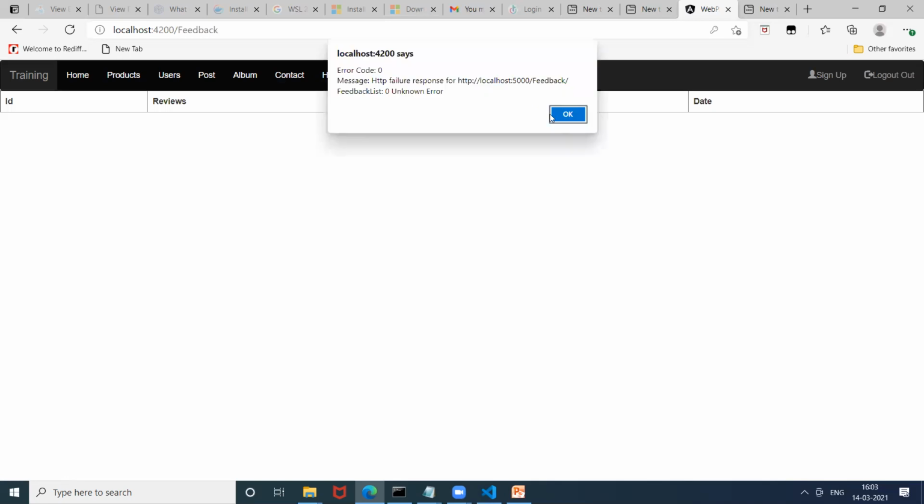This is basically done by using .NET Core. So this is also working right now. I've not started the service because you want to learn only this front end application. You don't want to connect with the APIs. That is backend.